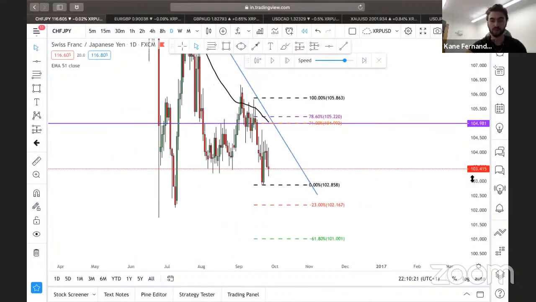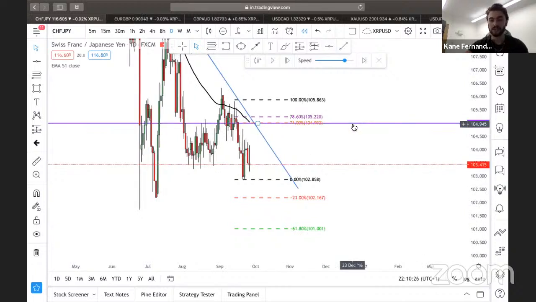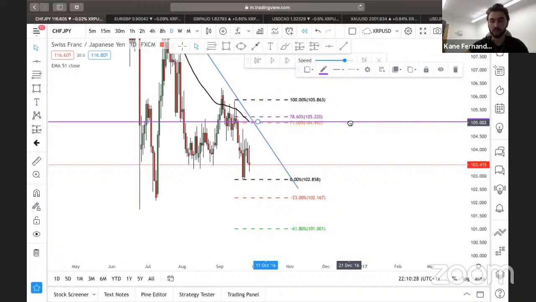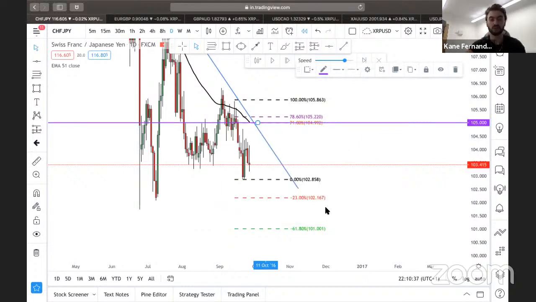You guys can try that out if you want to, and you can kind of see it in play, see what happens. So I place my Fibonacci, and I can see there's a psych level, the 105.00, right? So if you want to be extra precise, you can just type it in. Oh, yeah, like that, just to show you.